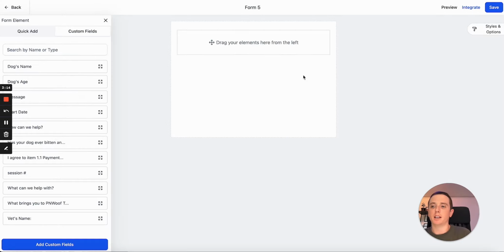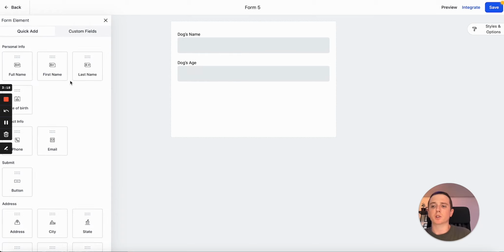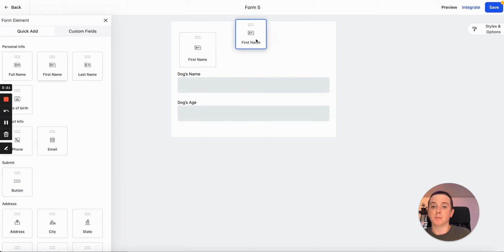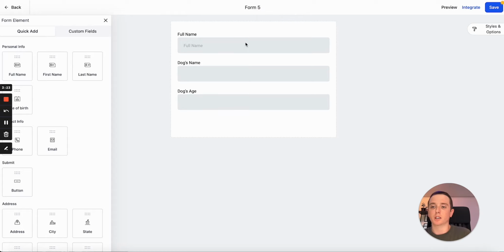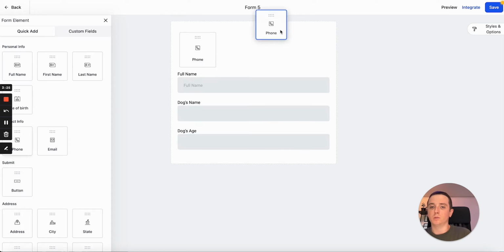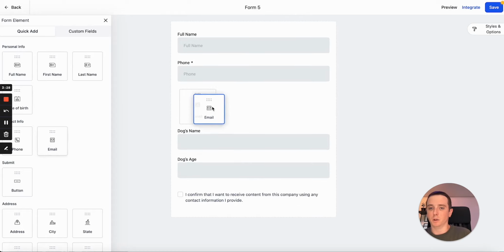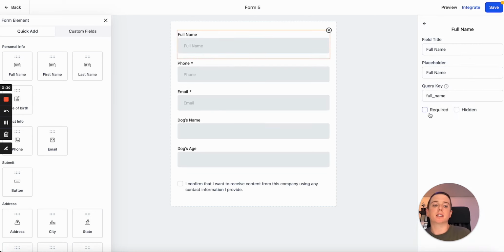So I can go ahead and pull dog's name, dog's age. I also want to make sure that I'm at least getting their name, their full name actually, their phone, and maybe their email as well. If I click into any of these things, I can then make them required. So now if we have a form on our website or maybe on a calendar where we're having them sign up for something, we want to make sure we are getting different custom fields